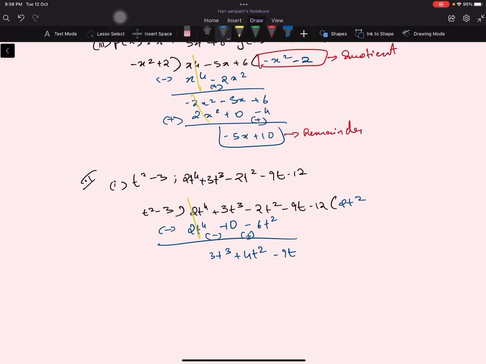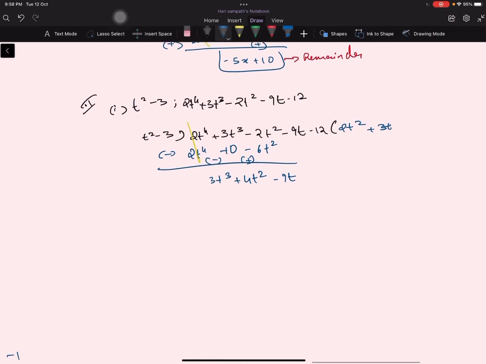And in the next step, I'm going to be multiplying it with plus 3t in order to get 3t cube. So I get 3t cube, and I'm going to add 0 over here, because we are not going to be getting t square when we multiply it with 3t, and we get minus 9t. I'm going to add a minus 12 here and add minus 0 here. I'm going to subtract these equations. We get positive here, negative here, and negative over here. So these two and these two cancel each other out because they are the same. We get 4t square